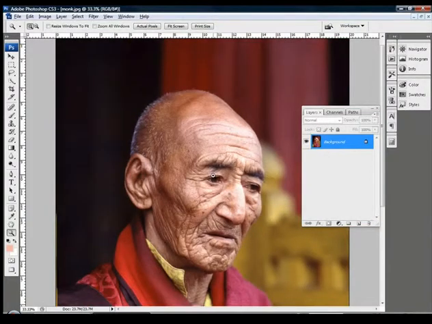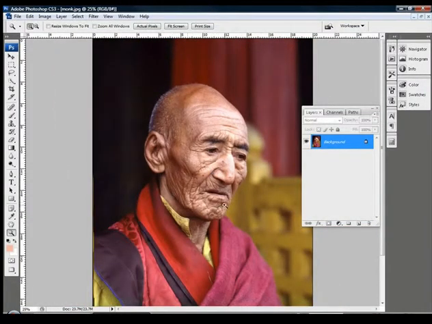It's nice to have these old faces that have got plenty of lines and signs of age on them. They often turn into really effective portrait shots with the right treatment, of course. So for this image we want a really muted, gritty, high contrast effect, and that's exactly what we've